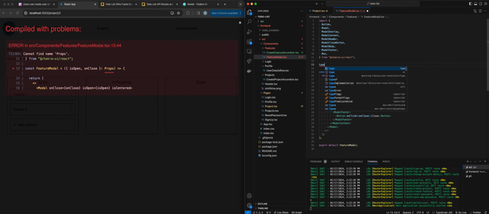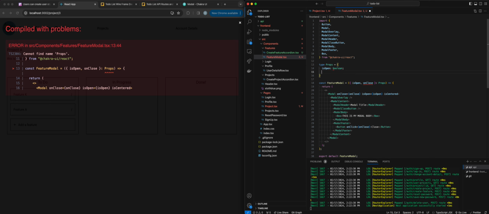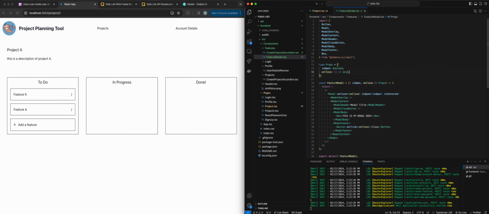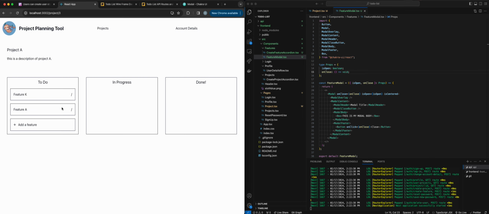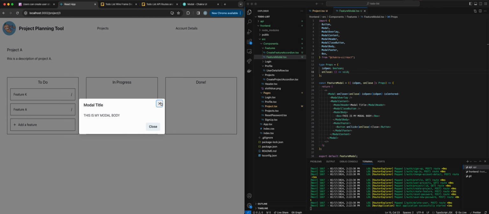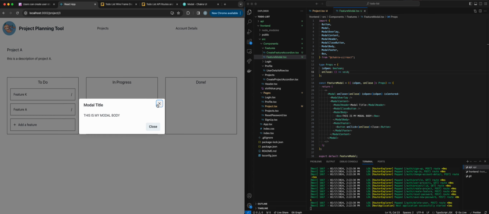So then we need to add our type props, which is going to be is open, that is a Boolean, and then on close, which is a function that takes in nothing and returns void. Okay, so now I should be able to click, and there's my modal. Okay, so when I hover though over these boxes, I want to be able to see